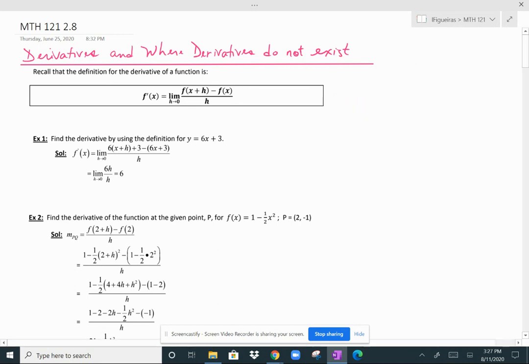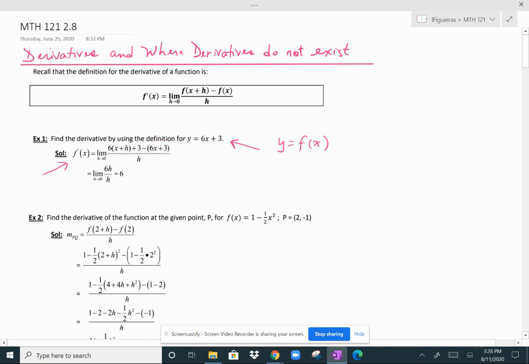So here we have a linear function, y is 6x plus 3. We know that y' and f prime are equivalent. So when I take the derivative of y, that's the same as saying f prime. And that is the limit as h approaches 0 of 6 times x plus h plus 3 minus f of x, which is 6x plus 3. Make sure you put parentheses around it because that minus in front of it belongs to both terms, all divided